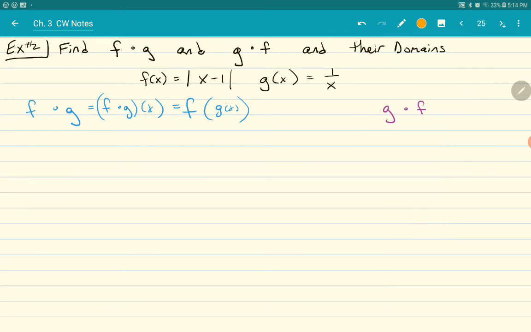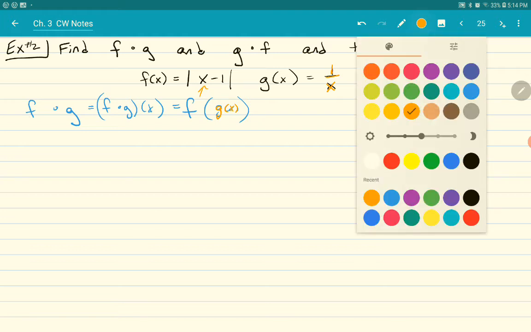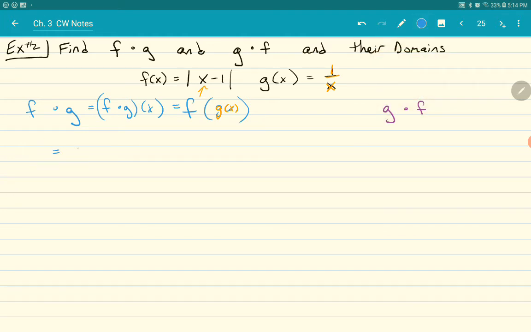So g of x is 1 over x. I'm going to input that into f. So f is absolute value of x minus 1, leaving that parenthesis for the input, and that input is g of x, which is 1 over x,